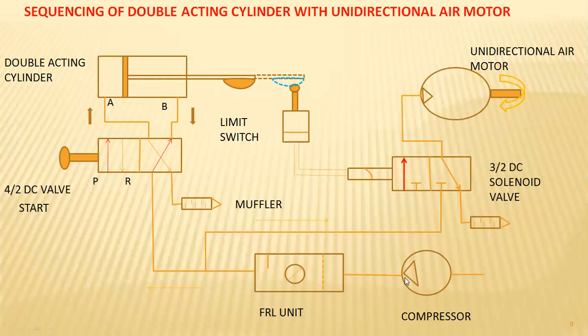Here the air is compressed by the compressor, and the FRL unit has the common connectivity for this rotating system, with respect to operating this DCV, which is monitored with respect to the initial system. So this is the common connector of this pneumatic supply, and here it enters. So nominally, in the first case, it is connected to the return side motion, and when this 4 by 2 way start-up valve has been commenced here,